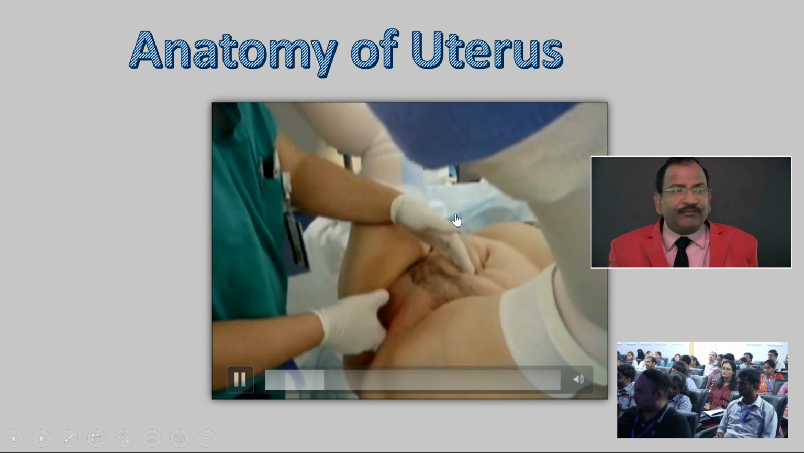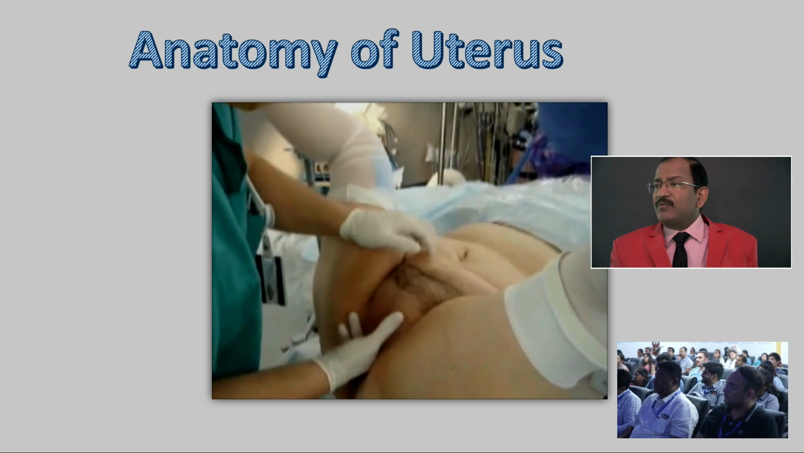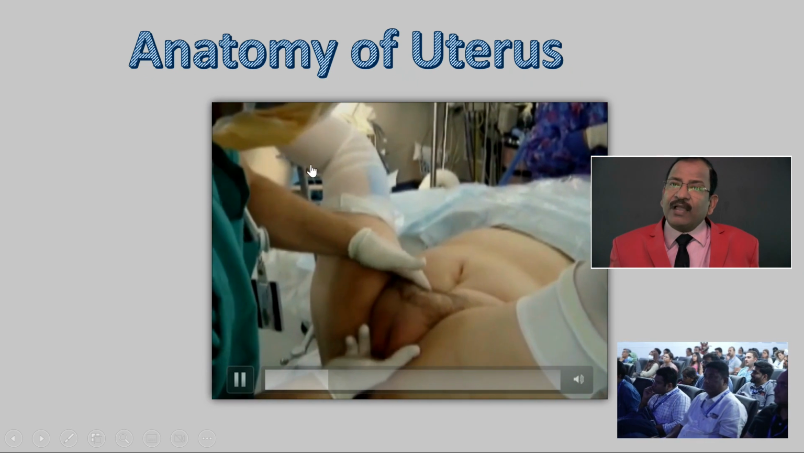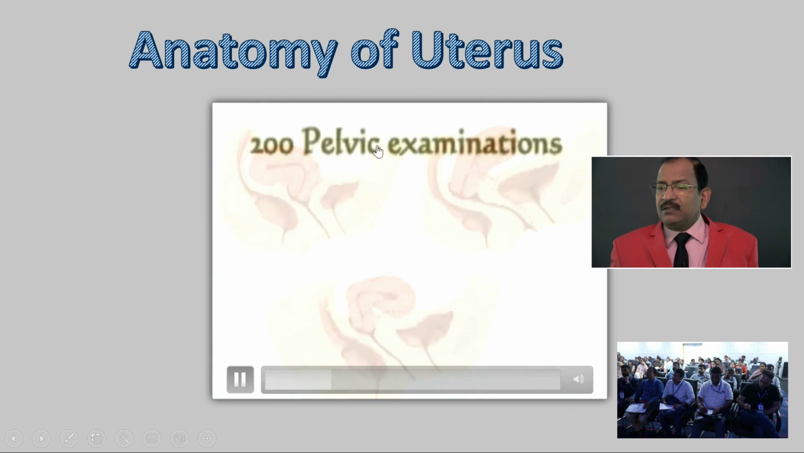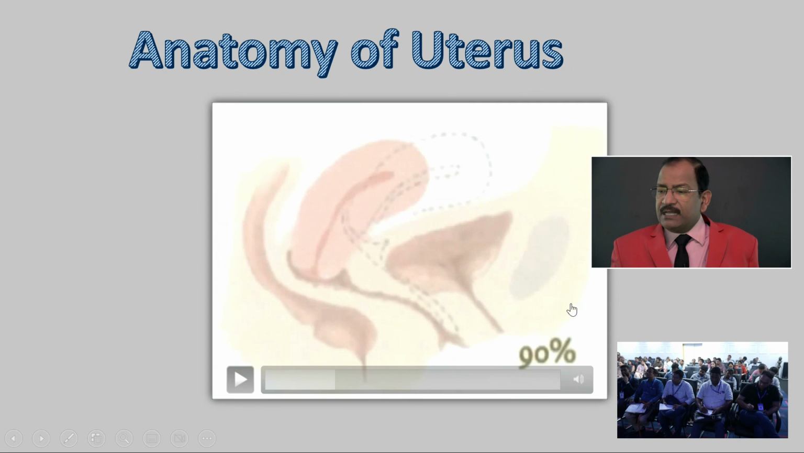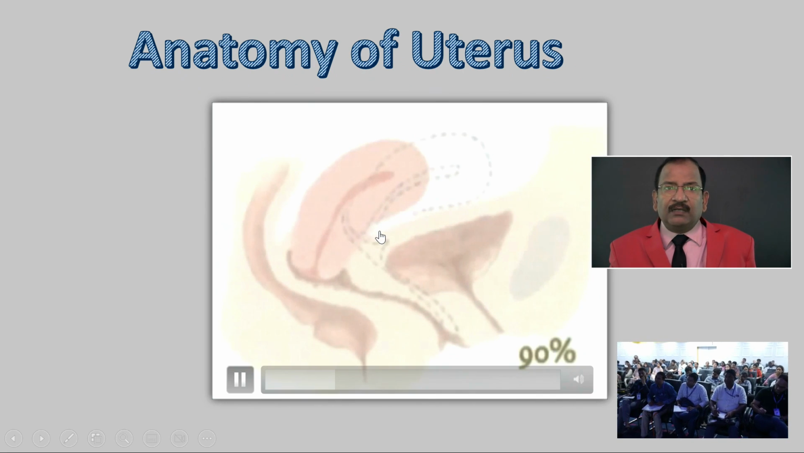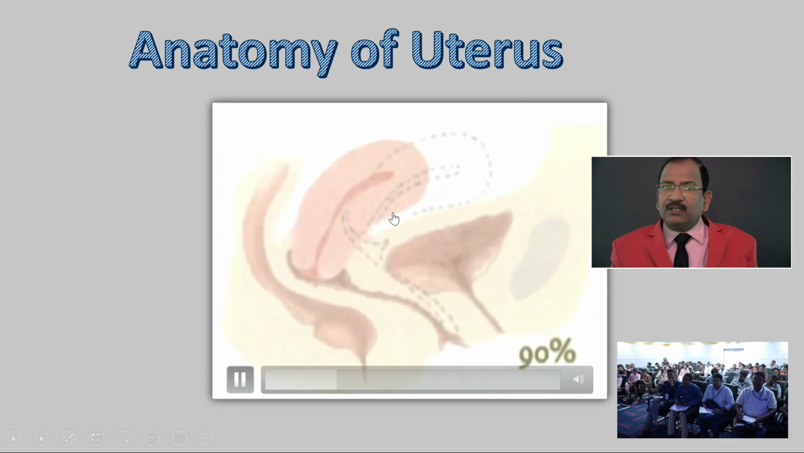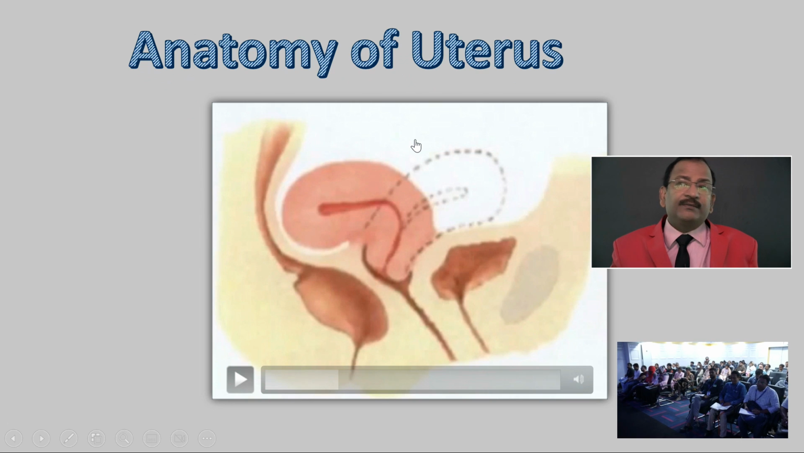In patients less than 35 years of age, 90% of the uterus is anteverted. This is anteverted, 90%. But after the age of 35, it starts becoming retroverted, and then it becomes difficult to introduce into the uterus. You may directly perforate it here,